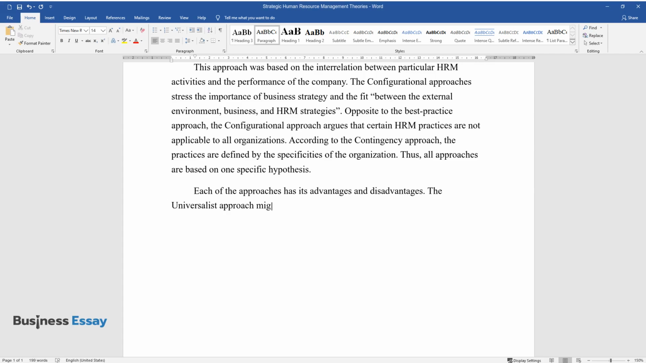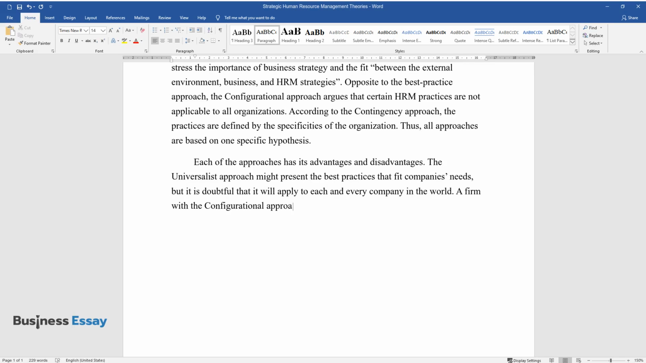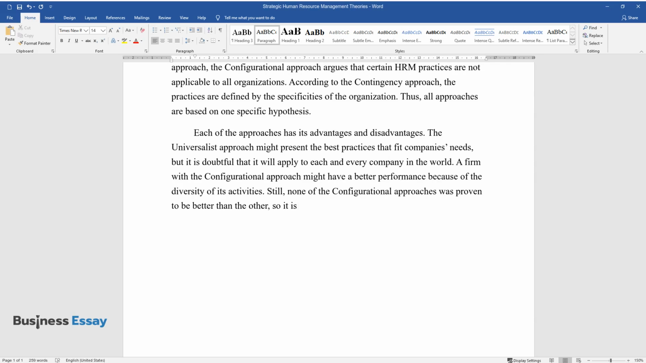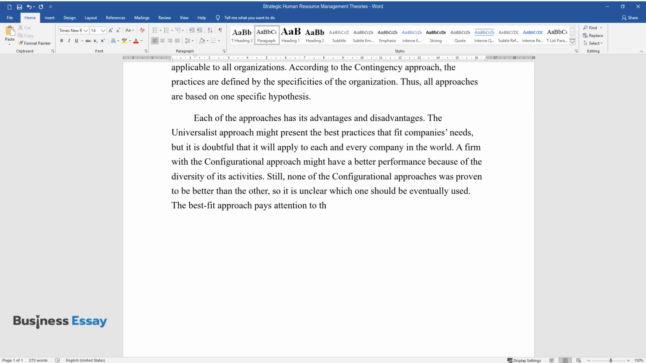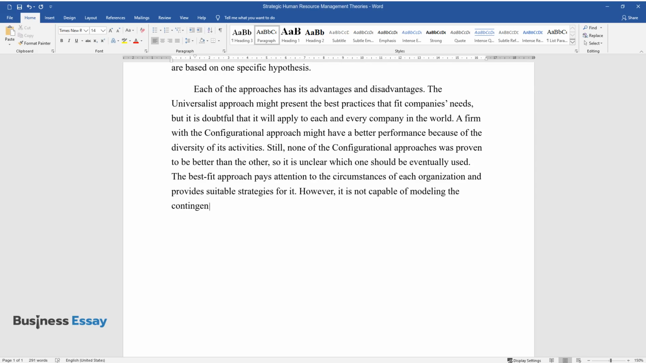The universalist approach might present the best practices that fit companies' needs, but it is doubtful that it will apply to each and every company in the world. A firm with the configurational approach might have a better performance because of the diversity of its activities. Still, none of the configurational approaches was proven to be better than the other, so it is unclear which one should be eventually used. The best fit approach pays attention to the circumstances of each organization and provides suitable strategies for it. However, it is not capable of modeling the contingent variables for every case and showing how they are